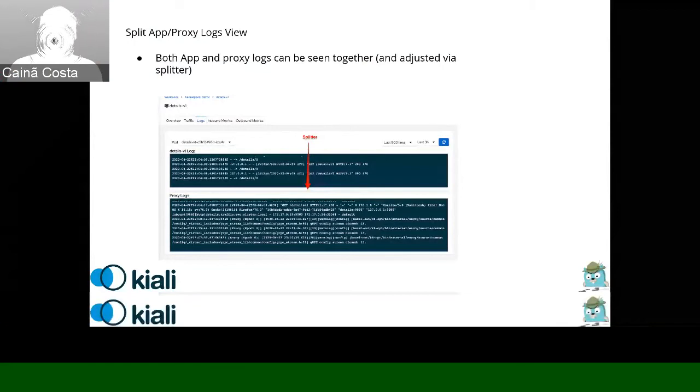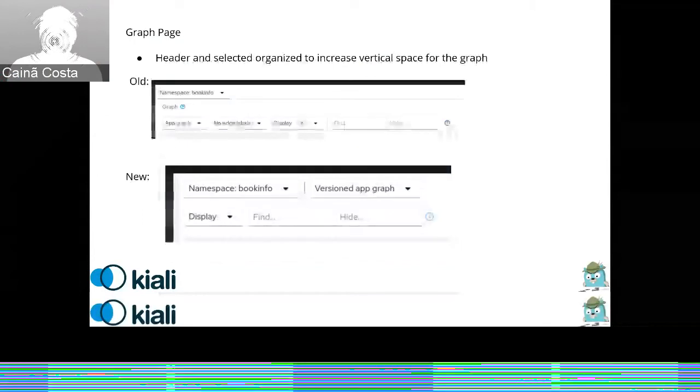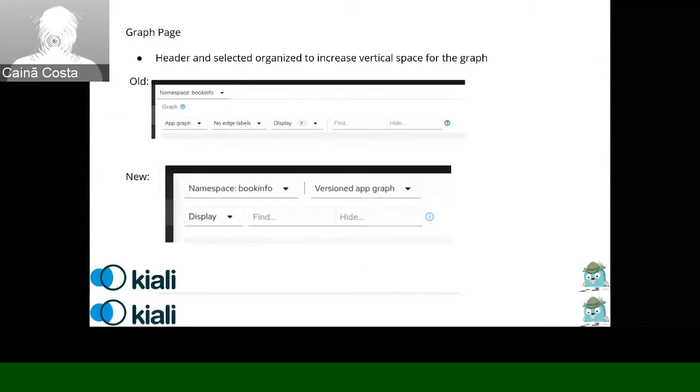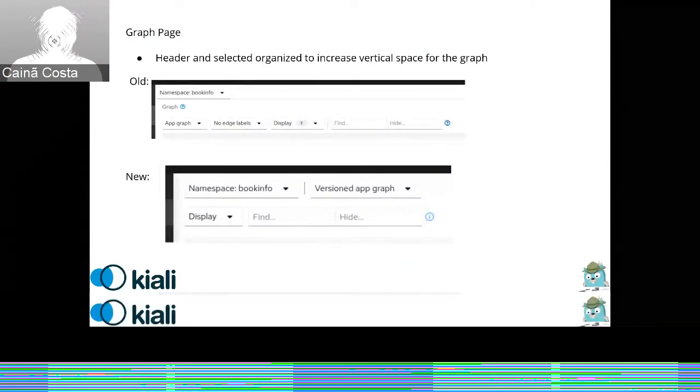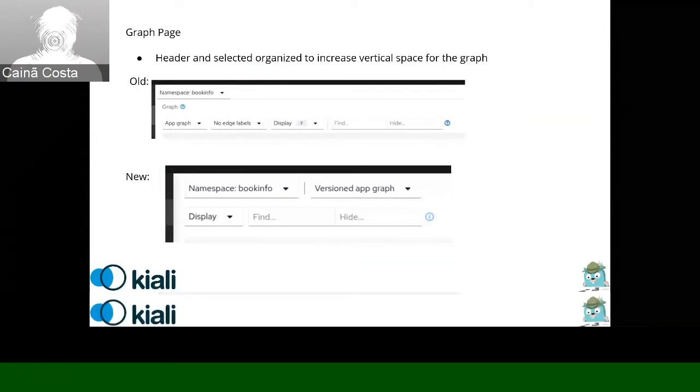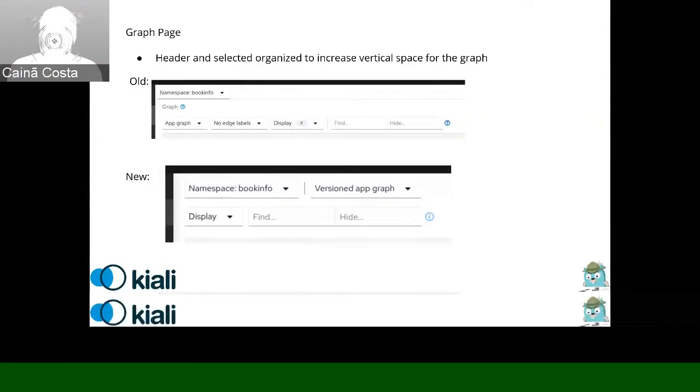The second one is from the graph page. We have been trying for quite a long time, actually, to find ways to reduce the amount of vertical space that we use, especially on the graph, because it is big. It should show lots of stuff, but we do not have that much space because of the sidebar,